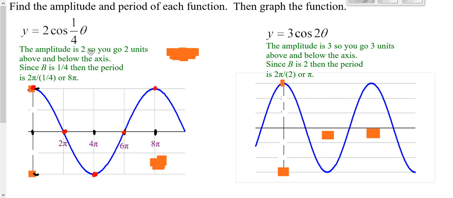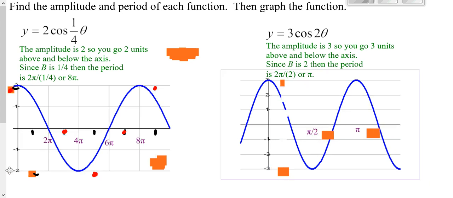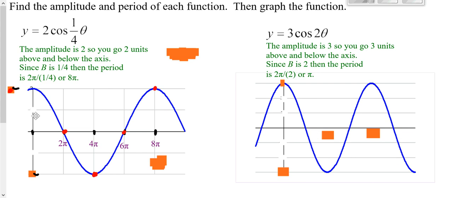How far up and down we go is our amplitude, which is 2. So I'm going to mark this as a 2 up here, if I can get to it. And then this will be my negative 2 down below. Same type of thing over here. You start out by doing your tick marks, 4 evenly spaced tick marks. And then you go up a certain distance, and whatever distance you go up, you got to go down that